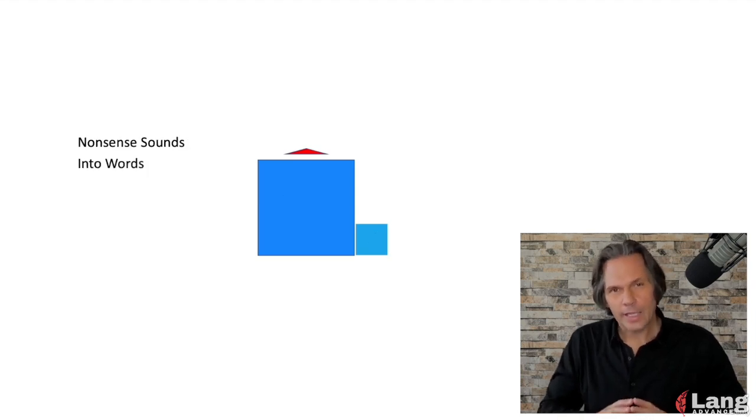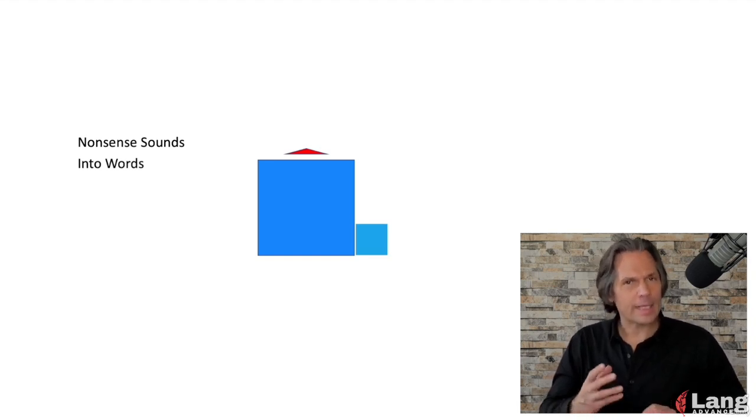Let's now say our nonsense sounds so that we continue to reinforce this relationship between the unstressed and stressed syllables, keeping the unstressed syllables short and on a lower pitch. And let's try to keep that pattern the same as we add a sound or two to make the nonsense syllables into words. Here we go.